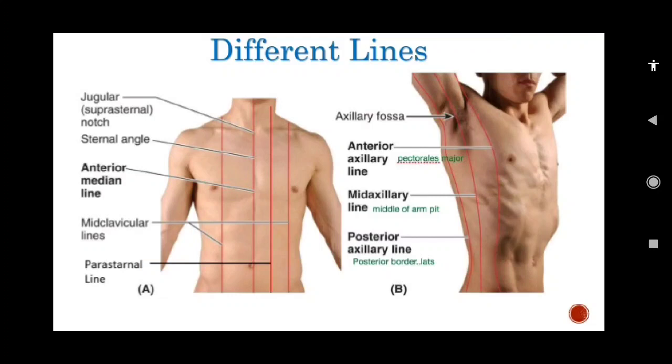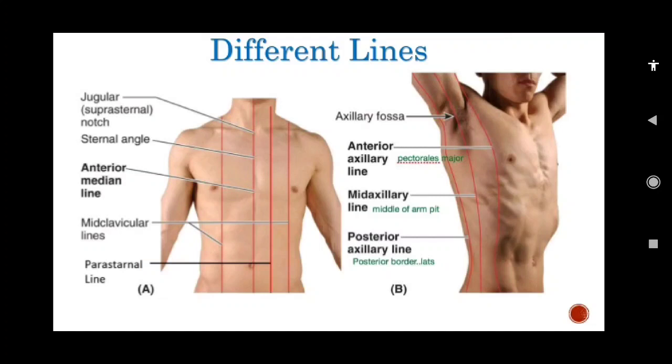Before going into the exact details, we will see what the precordium is and the different lines which are present over the precordium. So precordium is defined as the anterior aspect of the chest wall that overlies the heart. And the major important lines we have to know are the mid clavicular line. See here, mid clavicular line in the left side of the picture.